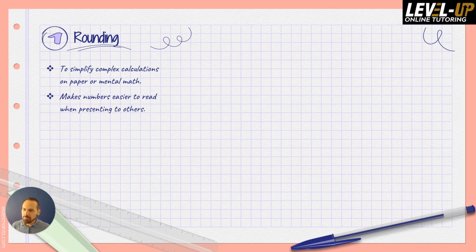It also makes numbers easier to read. Like we saw before with percentages being a handy way of expressing proportions when presenting to someone, rounding is another thing we might do. If we had something to many decimal places, we don't need so many. We could shorten it down and make it easier to read, and generally avoid being over precise. Sometimes you might only need two decimal places, for example,